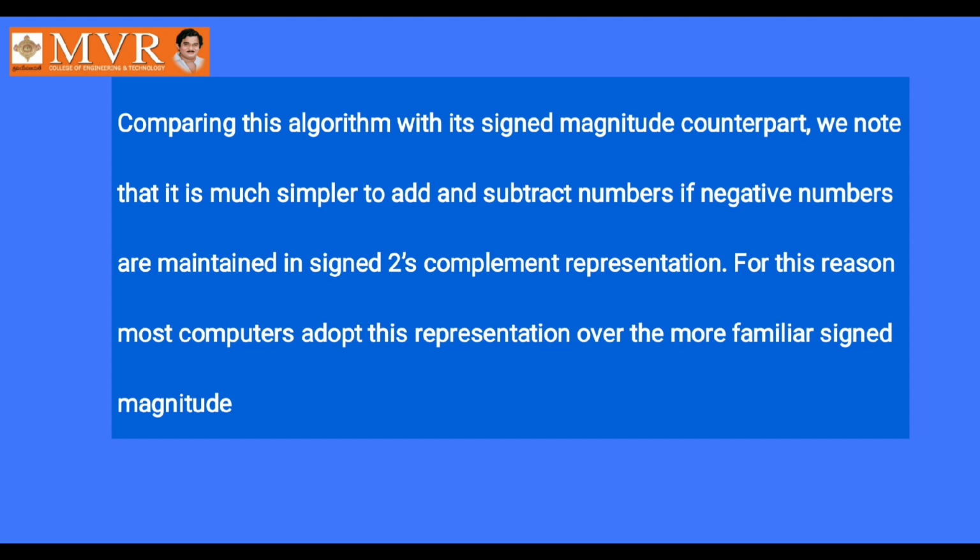Simple, plus 5 minus 3 is equal to 2, we know very well. Or minus 5 plus 3 is equal to minus 2, we know very well. But inside the computer, to perform these operations, why are you converting one value into 2's complement and adding? If the result contains an overflow, simply discard it and consider the result a positive value, and if the overflow is not there, then convert the result into 2's complement and put a minus sign, that is a negative sign, in front of it. Like this, a total lengthy procedure.